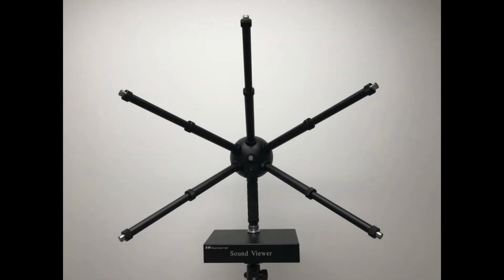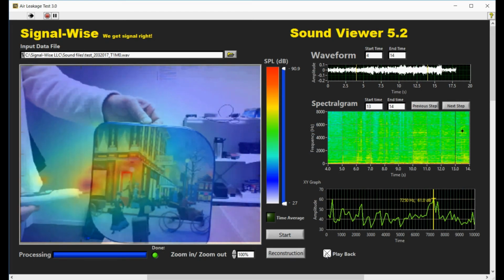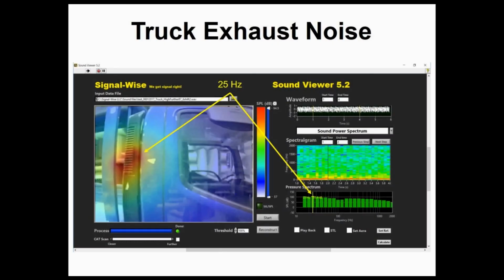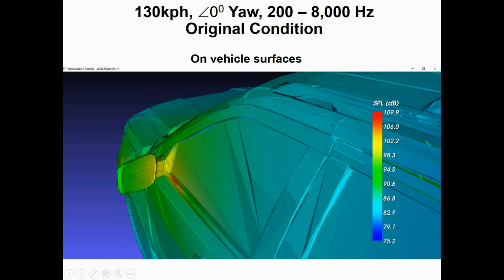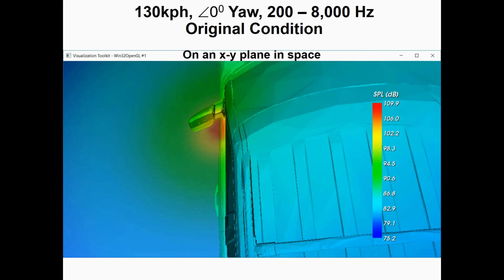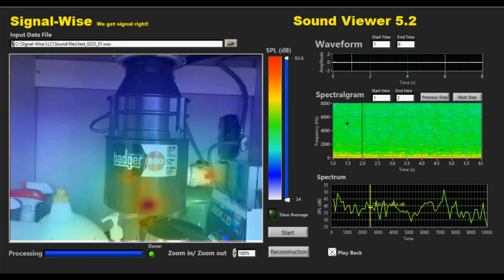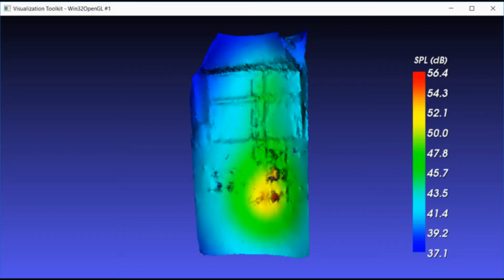The major functionalities of Sound Viewer include, but are not limited to, visualizing where sounds are from, for example, a vibrating thin shell structure subject to a shaker excitation, locating where low-frequency noise is emitted from a long truck exhaust pipe, analyzing the aerodynamically generated sound field around an automobile inside a wind tunnel by visualizing the sound pressure distributions on 3D vehicle surfaces and in 3D space,